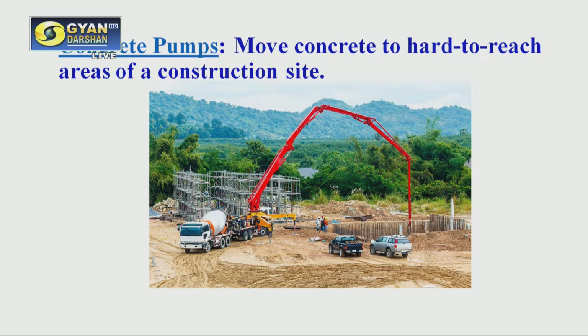Here you see one of those concrete pumps. This is the concrete mixer truck. It has carried that concrete from the plant to this construction site. Then the concrete is poured out, and it is connected to a pump, and then this pump is used to place the concrete through a pipe to that site.